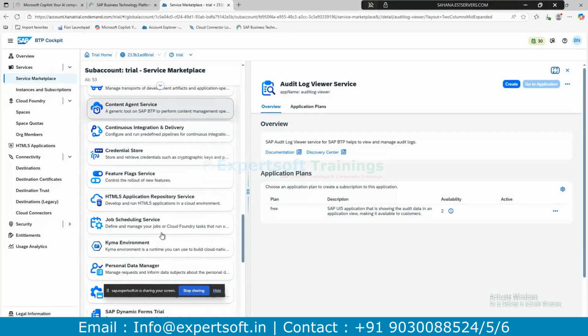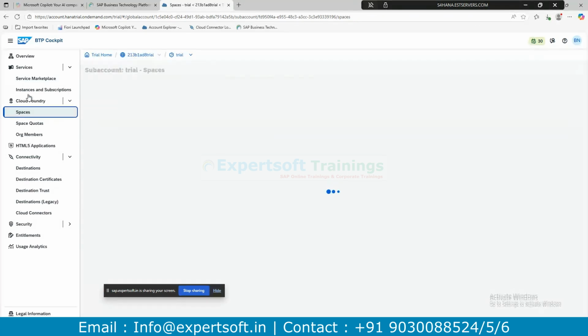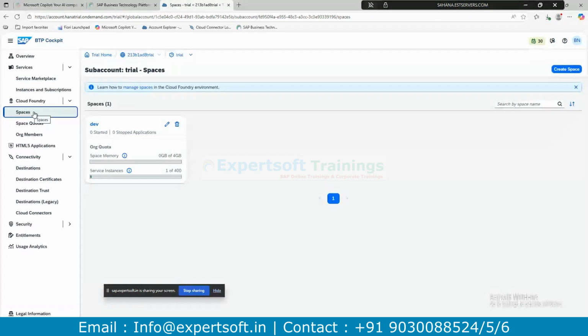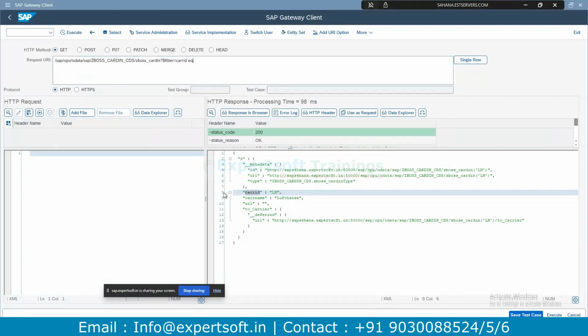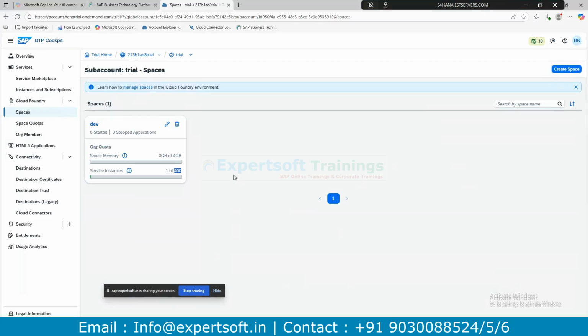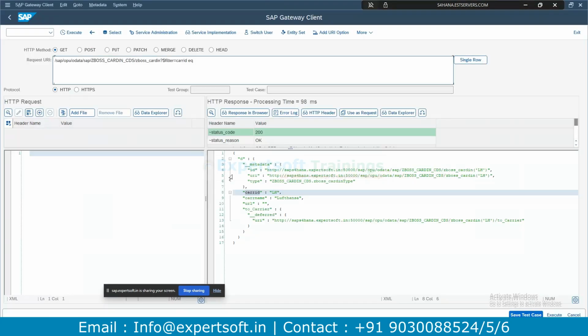Cloud Foundry, you can see it has spaces. Cloud Foundry is like a bucket, a cloud bucket. Now you can see only 4 GB of memory is allocated. Currently 0 GB is used in instances. Consider that one session is open, that is one instance, another session, another instance. Just for your normal understanding, I'm saying that multiple applications run in multiple instances.